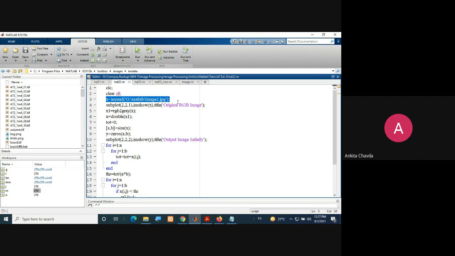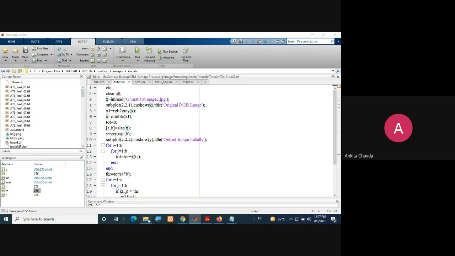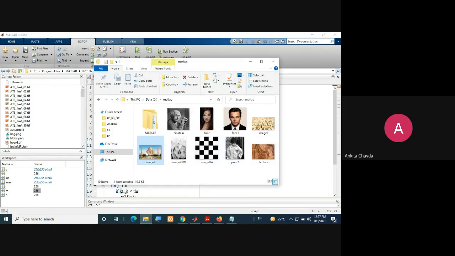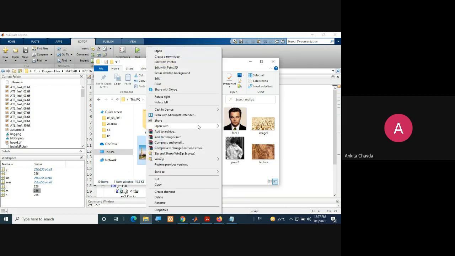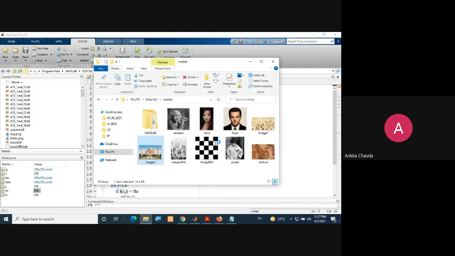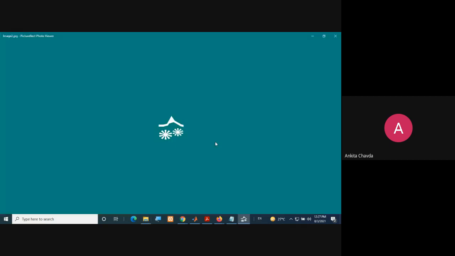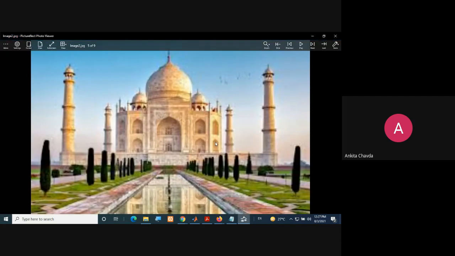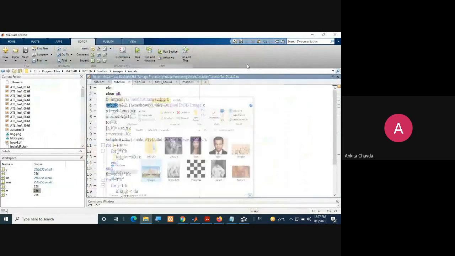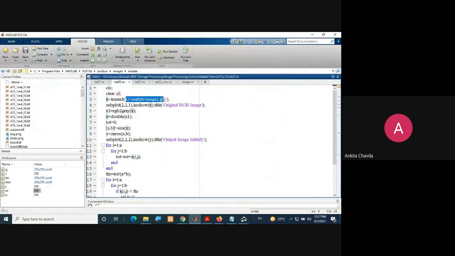So first I'm reading one image, which is the RGB image. You can check here, that image is an image of the Taj Mahal, right? So that I am opening over here, I'm reading those pixels. It would have RGB colors, 3 dimensions, right? This I'm reading from this drive. Okay. Now I'll just show you my original RGB image, so I'll simply subplot it.